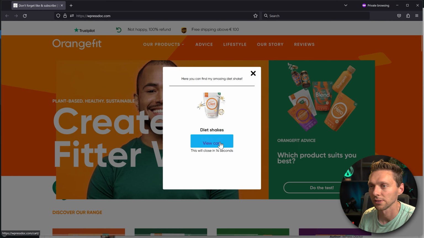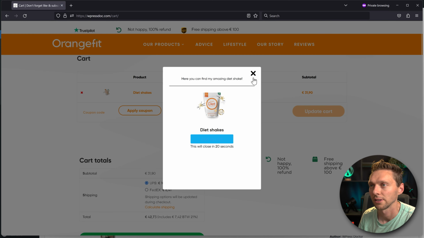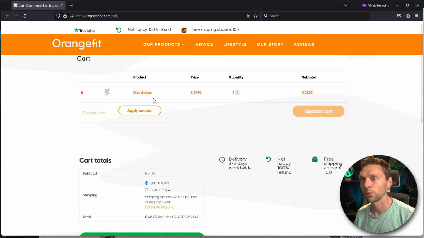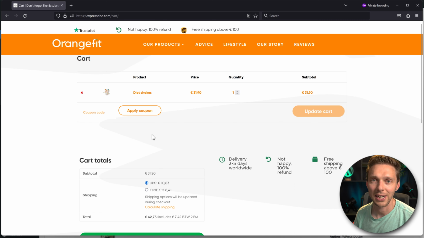Let's see if this works. Add it to cart and view cart right now. It actually works, but then it pops up again. So we have to style it so that it doesn't pop up on every page load, of course. And style this button a little bit. But it actually works. It's now inside of my cart. You can do amazing things with this. Special discounts, hidden products. I know all these things are just really great.